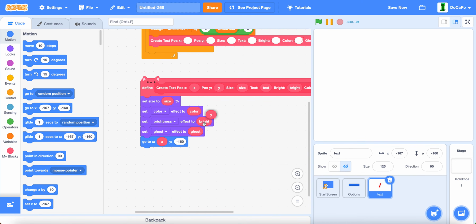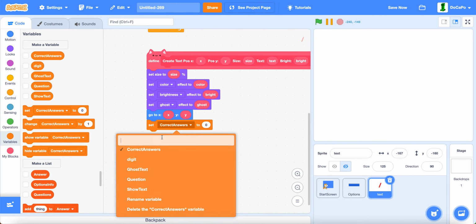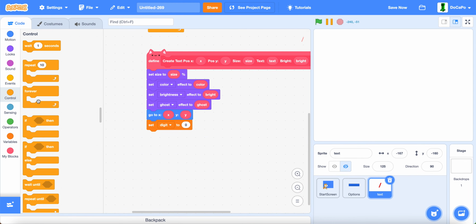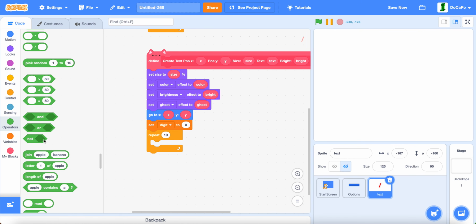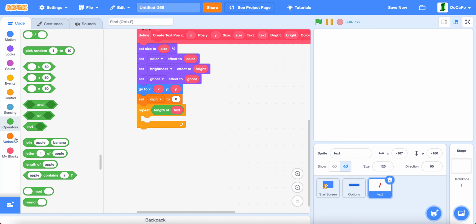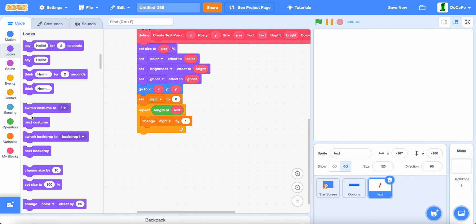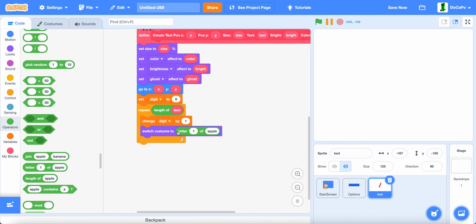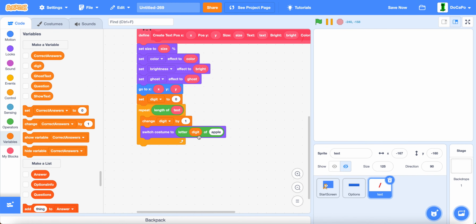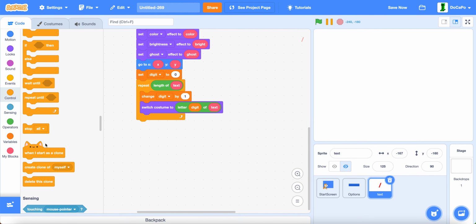actually go to X and Y, create a new variable named digit for the sprite only, set digit to 0, repeat length of text, change digit by 1, switch costume to letter digit of text, letter digit of text, create a clone of myself,